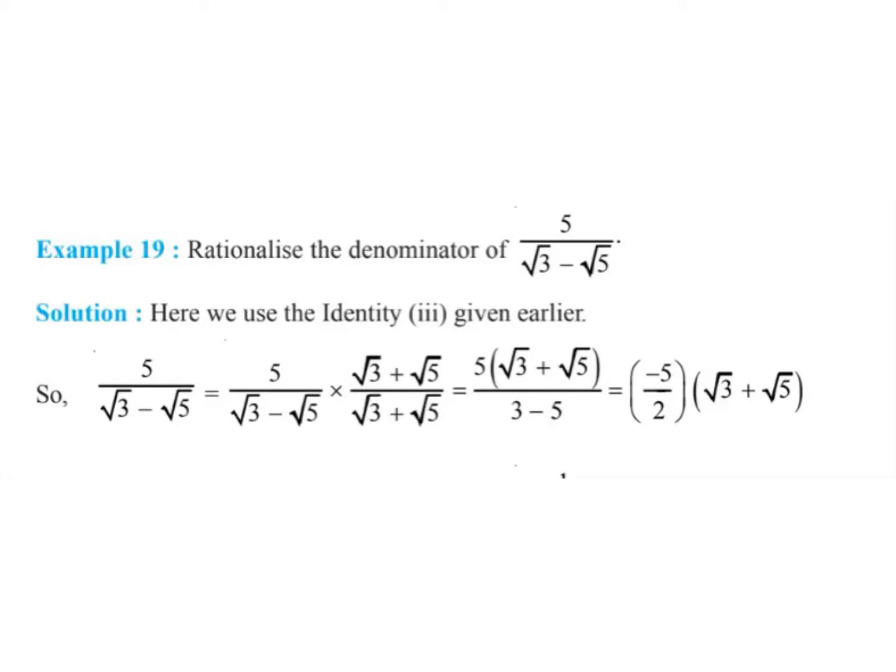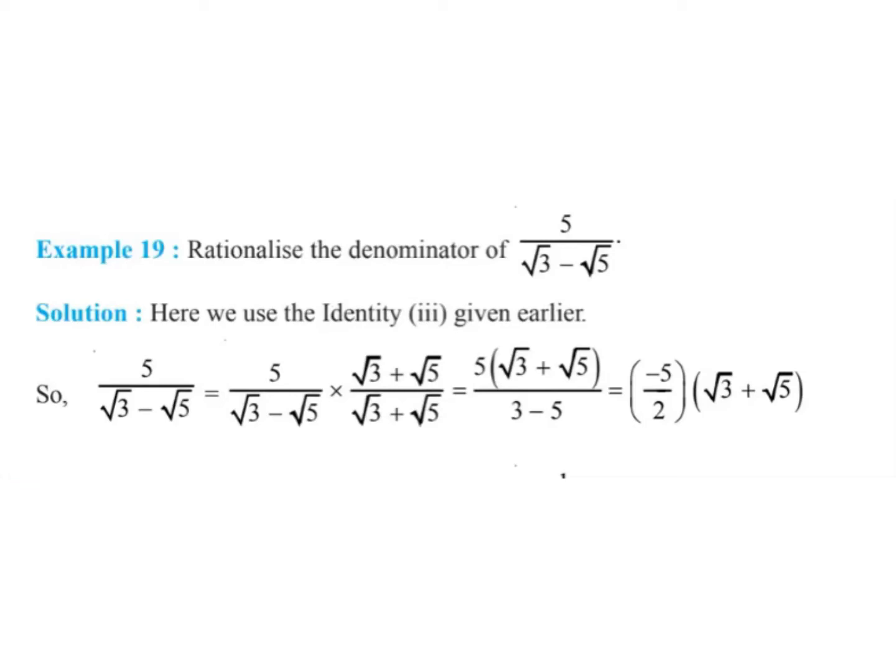So what is a rationalizing factor? Suppose that you are having a + √b in the denominator, then its rationalizing factor will be a − √b. Suppose that you are having √p − q in the denominator, then its rationalizing factor will be √p + q. So in the rationalizing factor, the two numbers which you are having will remain the same, just the sign will be changed. If in the question a minus sign is there, then its rationalizing factor will have a plus sign. If a plus sign is there in the question, the rationalizing factor will have a minus sign.